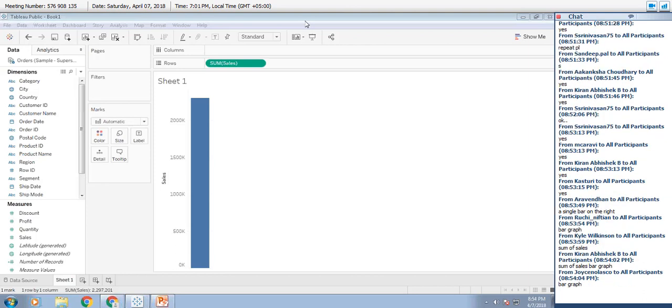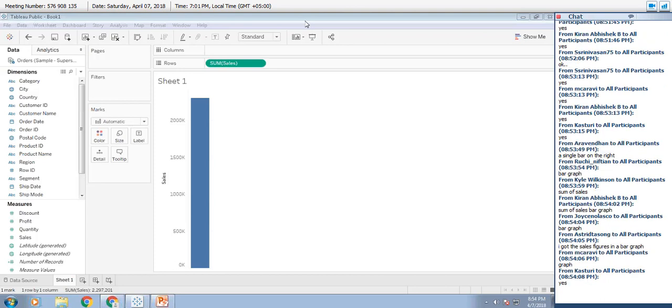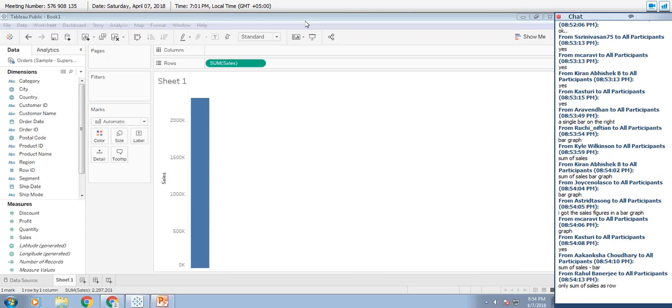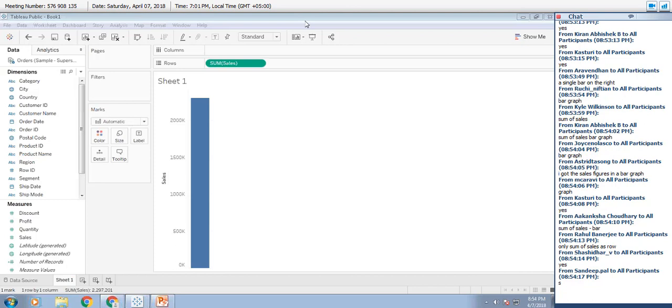Now you have got a bar graph. Everyone has got a bar graph, and the bar graph represents the total sales. Everyone got it?